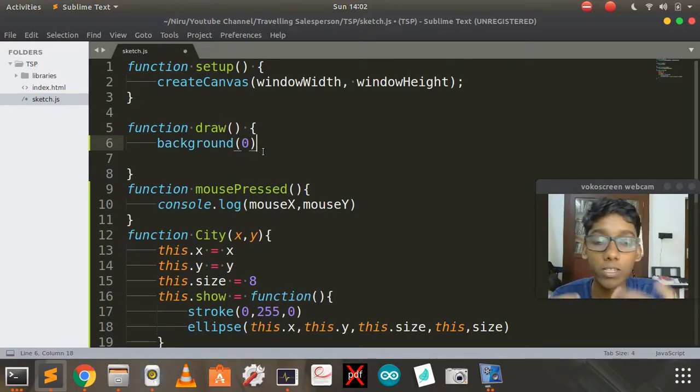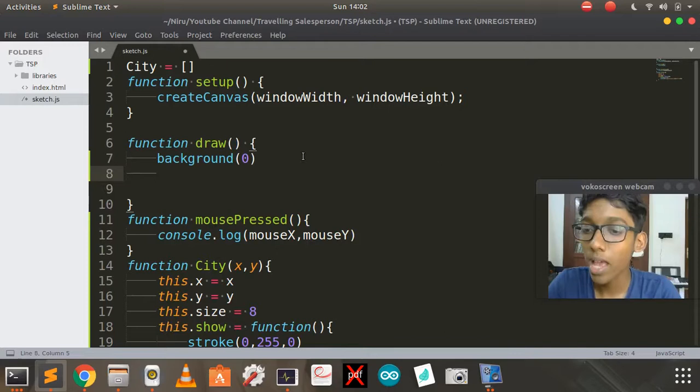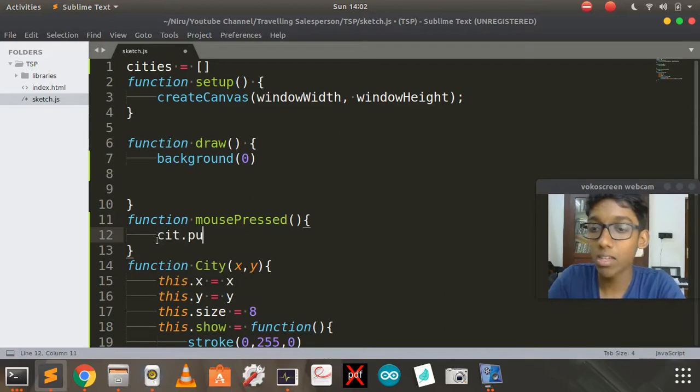Guys, I'm sorry, there was an interruption. So let's get into it, right? As I said before, I just made the background black. Now I want an array called cities, and as I said before, city is an object too. So in this mousePressed function, we have to push the particular object that we created called City. Now if I push it, let's say new City of